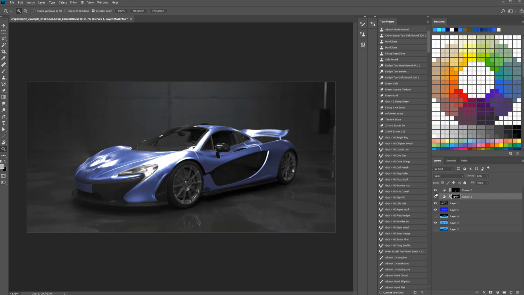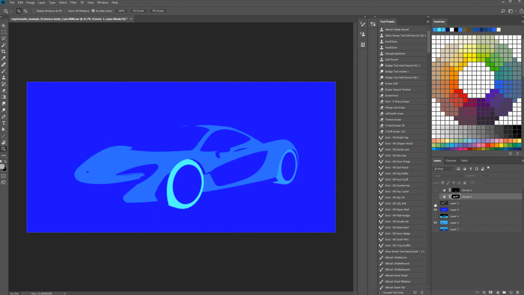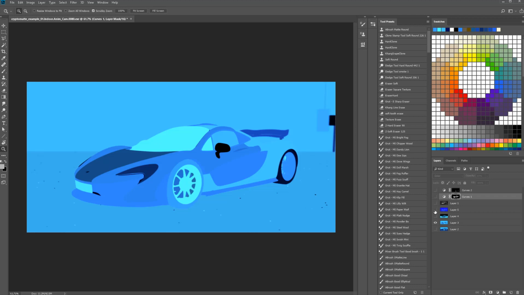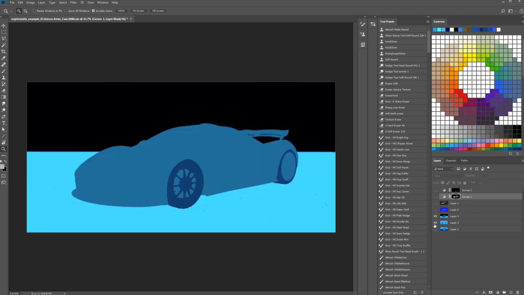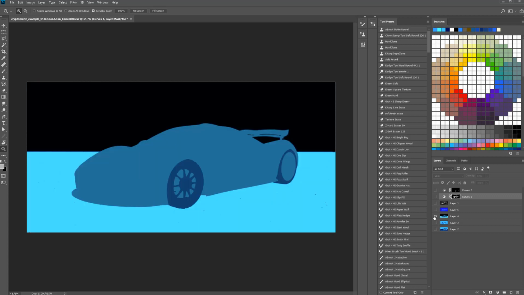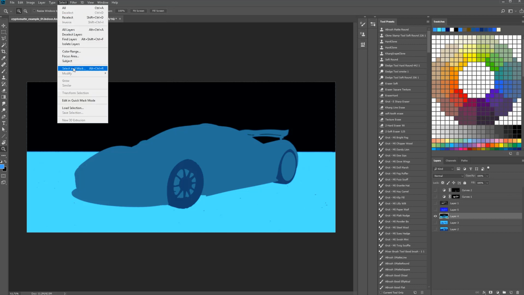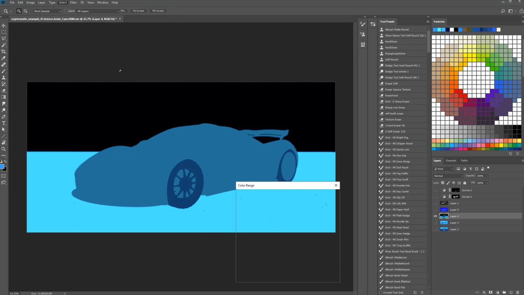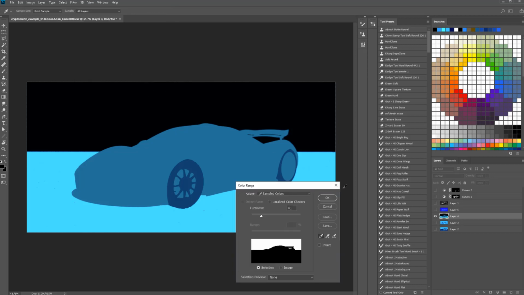We went from this to this with a couple adjustments using the Cryptomatte data that we've got. So for example, let's say we wanted to make the back wall darker. Again, we could just select that layer, go to select, color range, let's pick that black wall,